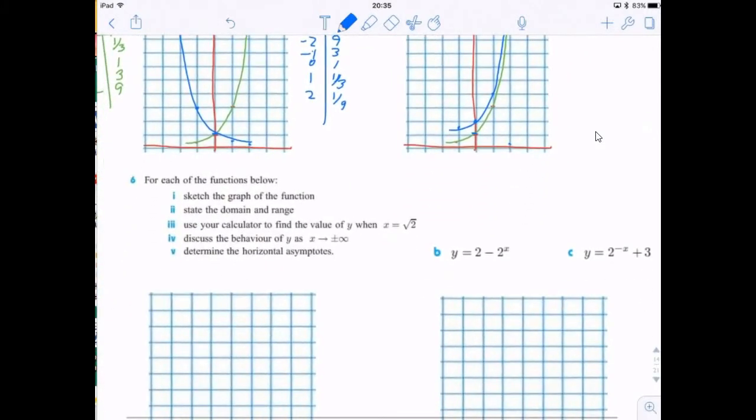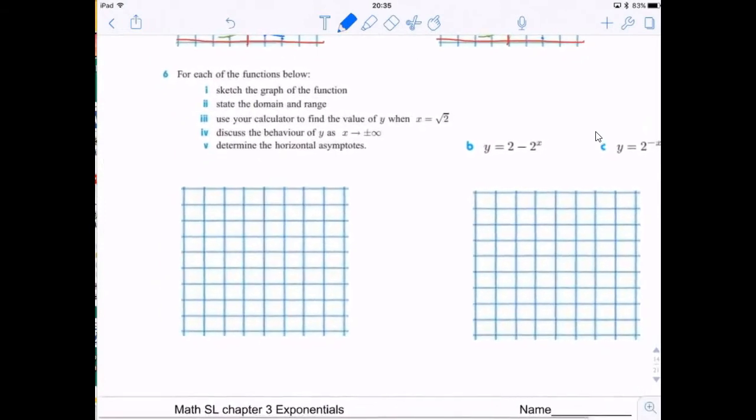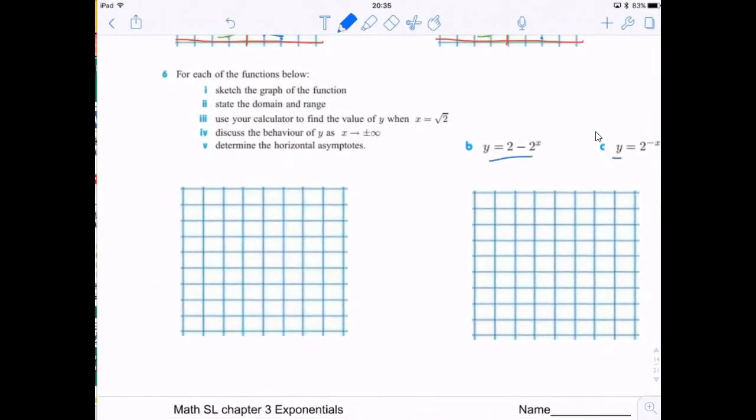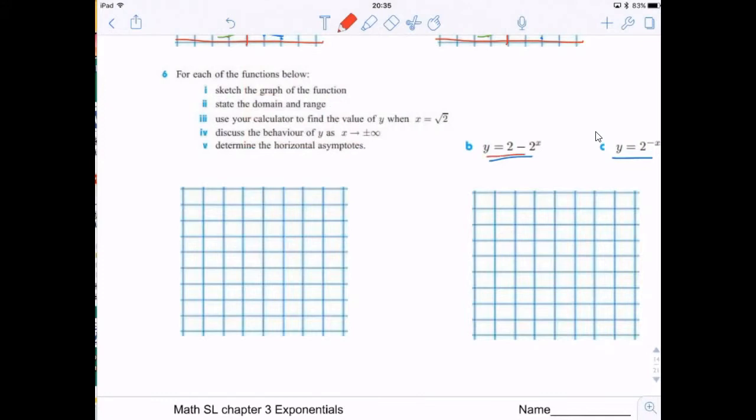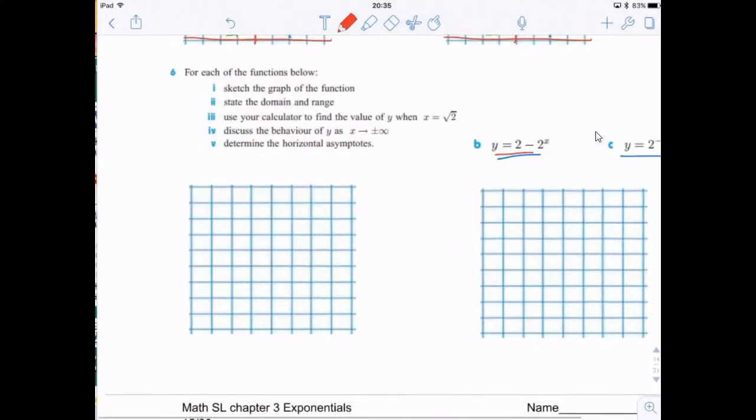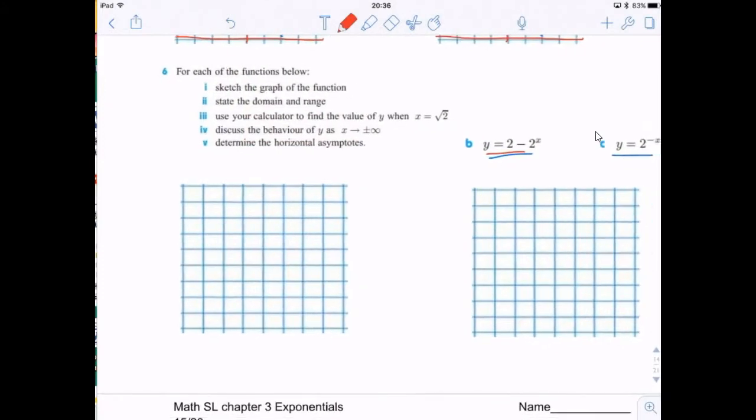All right. 6. For each of the functions below, which are these two, sketch the graph of the function, state the domain and range, use your calculator to find the value of y when x equals the square root of 2, discuss the behavior of y as x goes to plus or minus infinity, and determine the horizontal asymptotes. Okay, so first we'll do this function, 2 minus 2 to the x. I'm going to make an xy table,